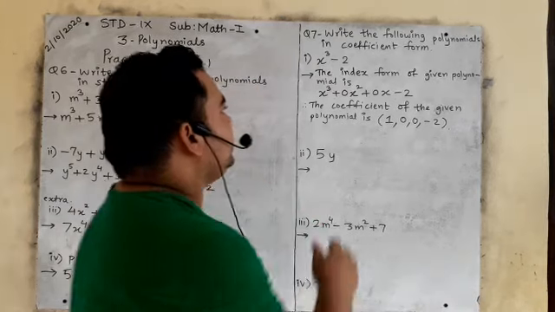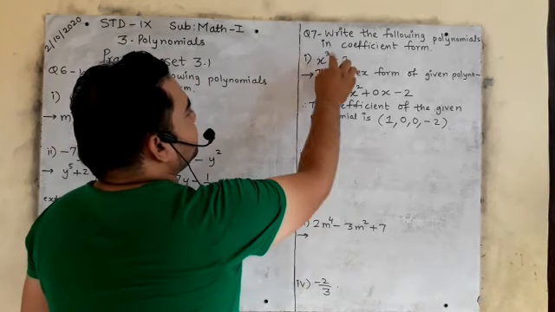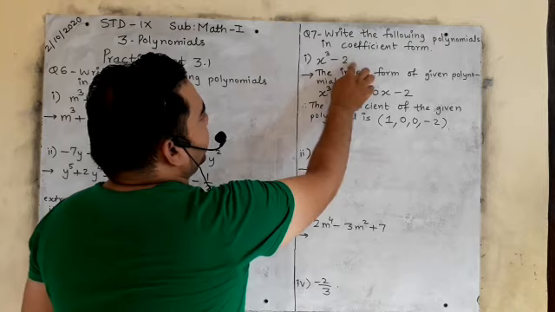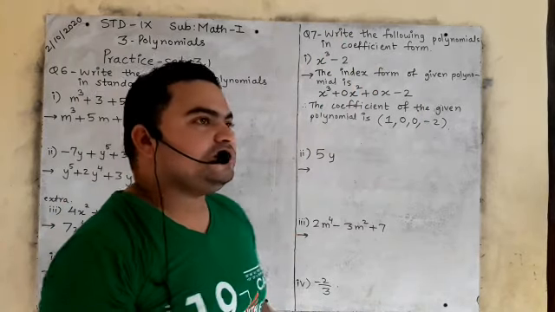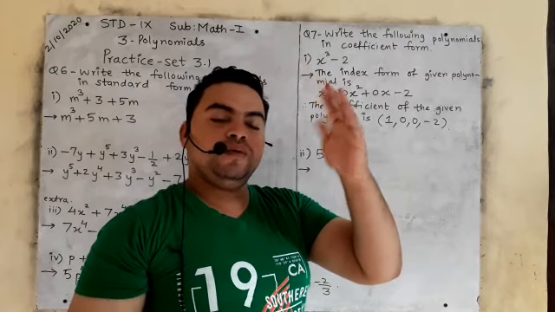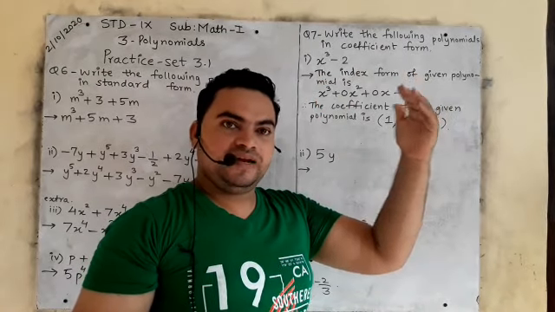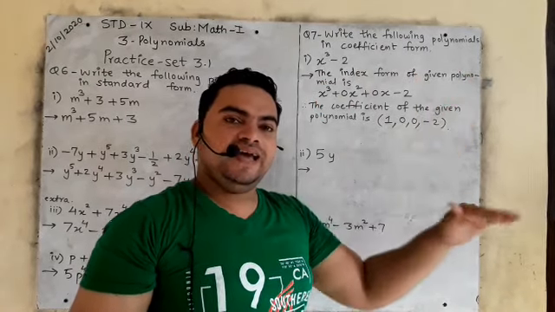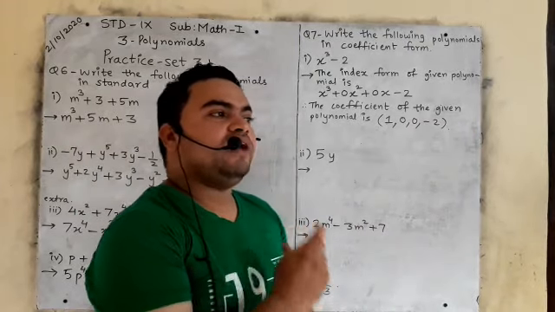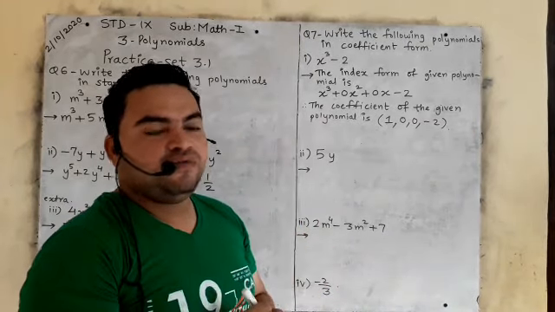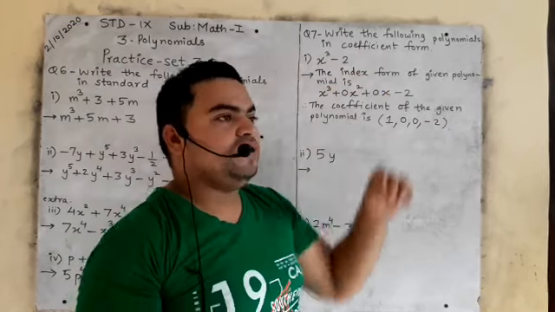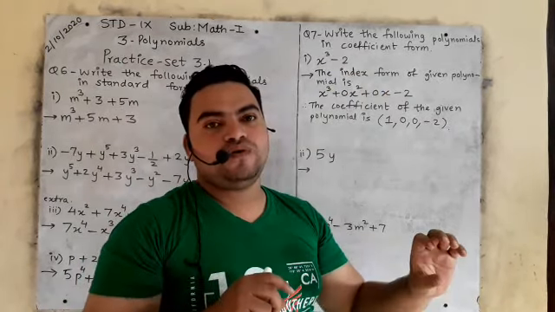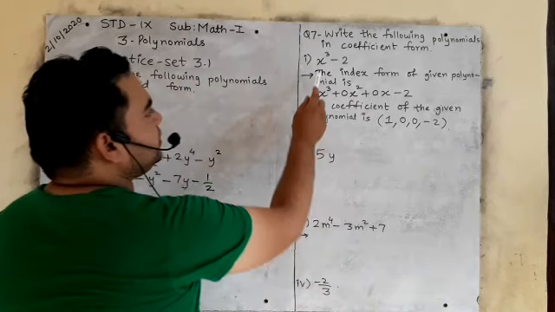It means, look at here, x raised to cube, and directly here 2x raised to 0. So x raised to cube, after that directly x raised to 0 comes? No. X raised to cube, after that x raised to square, then x raised to 1 and then x raised to 0. It means we have to write the missing terms. Whenever the question comes, write the following polynomials in coefficient form, we have to write the missing terms also. See, now I have written over here x raised to